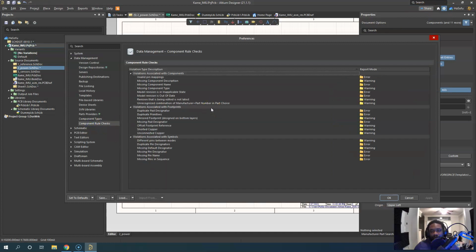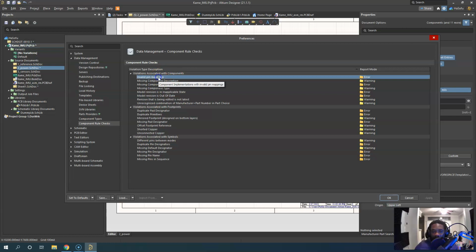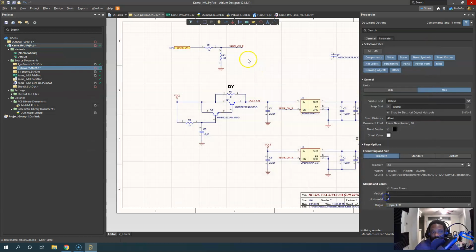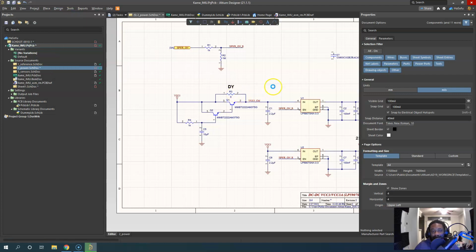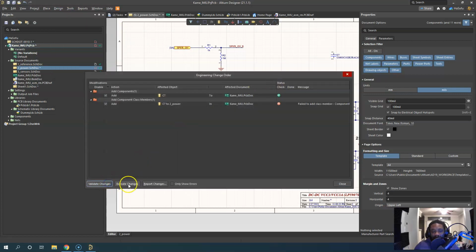Component rule checks. Yeah, this one is a doozy. I just keep everything default. Now, invalid pin mappings is, for me, one of the biggest things that I had to get over and deal with. I did not understand what was causing my engineering change orders to go wrong. So let me show you. When I go to design in my schematic, and I'm trying to go to PCB, and I do update PCB,